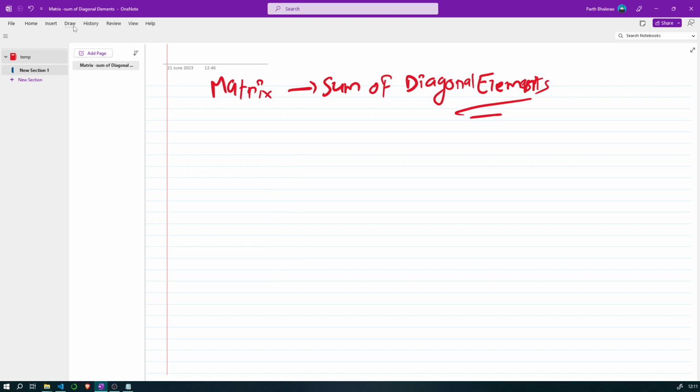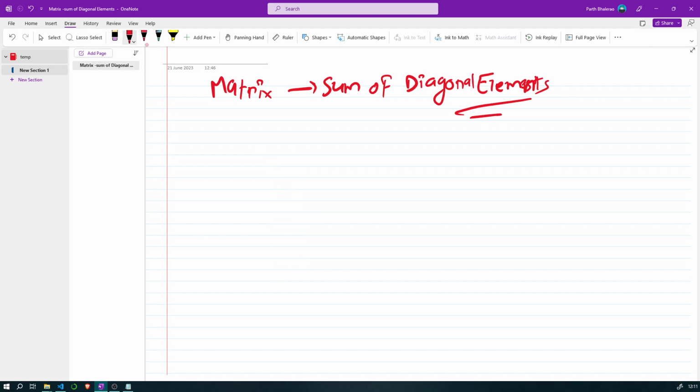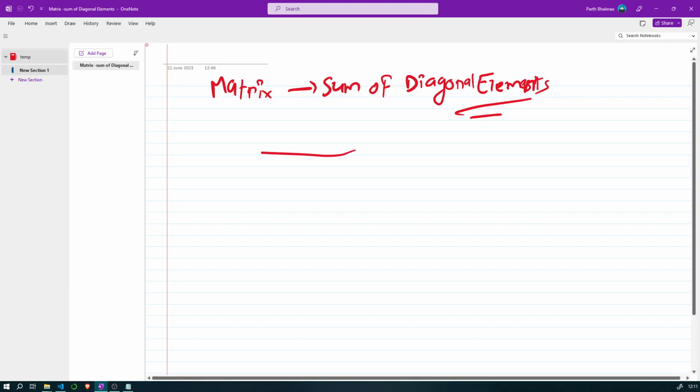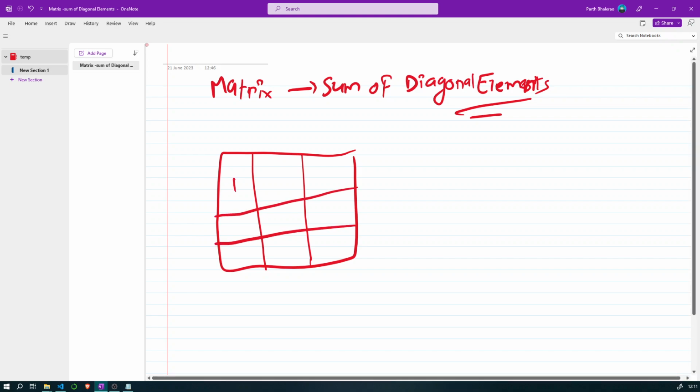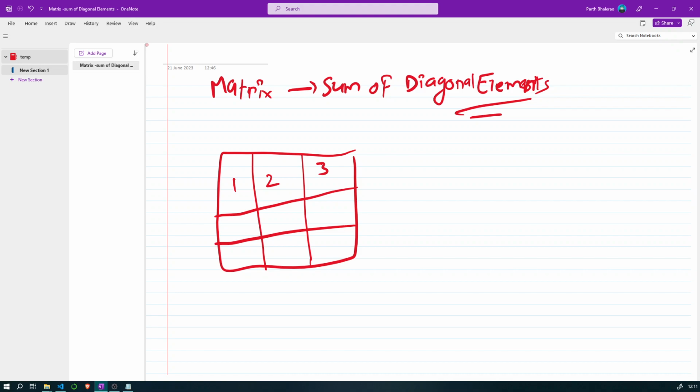Okay, perfect. Let's suppose we have a matrix and it is somewhat like this. So 1 2 3 4 5 6 7 8 and 9.